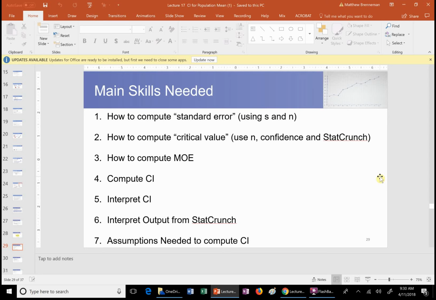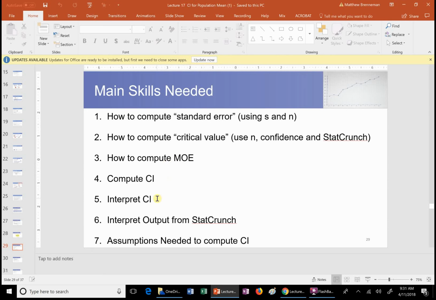If we don't know the population standard deviation, we're also going to have to use the sample size in computing the critical score from a t-distribution. The margin of error, which is the product of 1 and 2, the product of the standard error and the critical value. And then we compute the confidence interval by just saying the point estimate x bar plus or minus